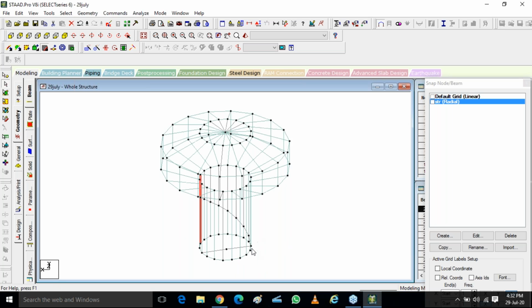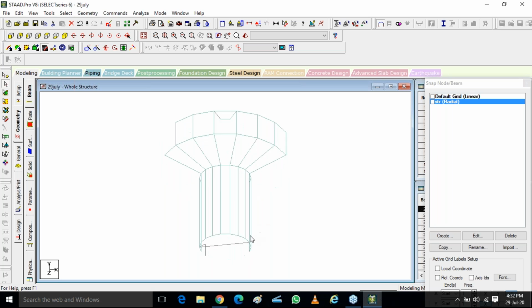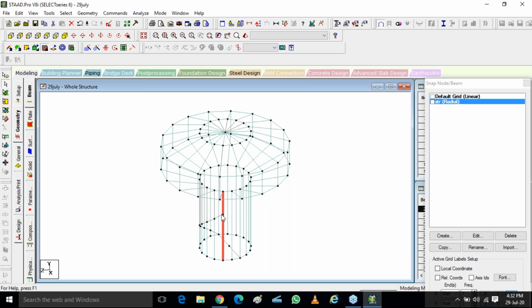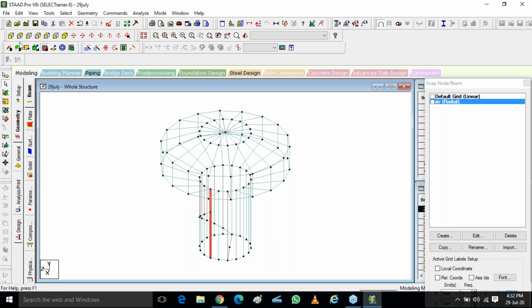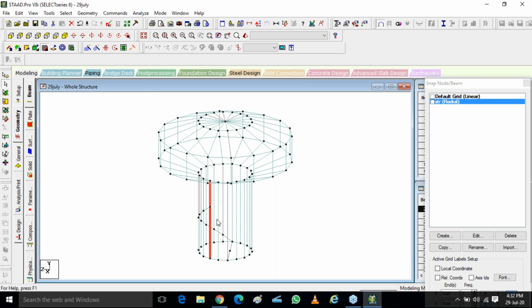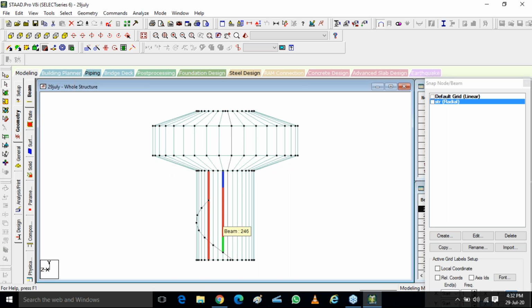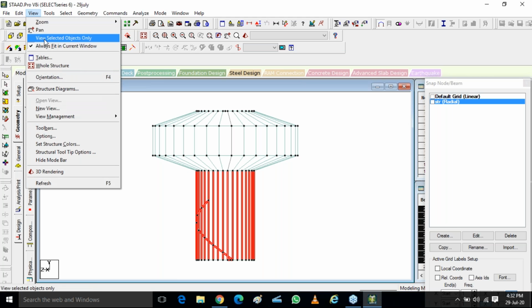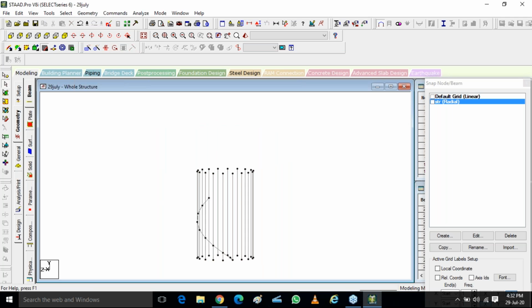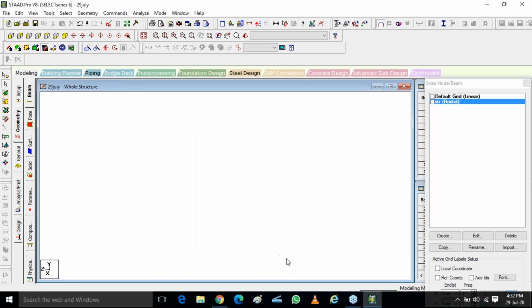Can you see this circular part? Like this, you have to create nodes from this part to the rest of the beams. What you can do is go to your front view, select all your models, all your beams, view selected, go to your rotated view a bit.